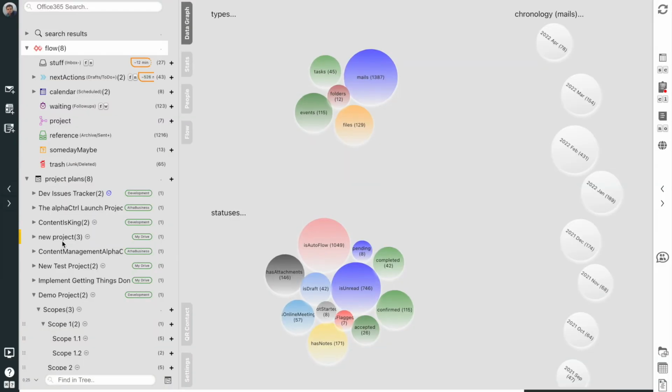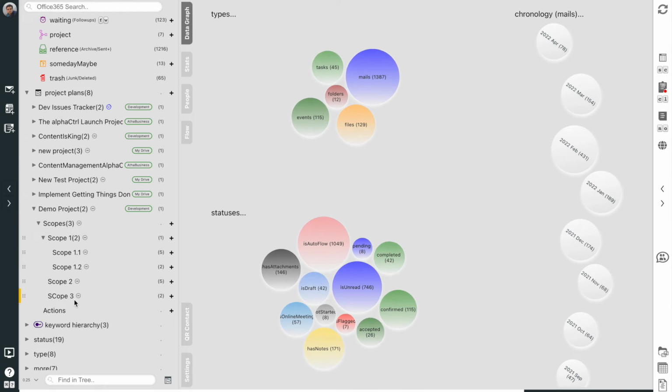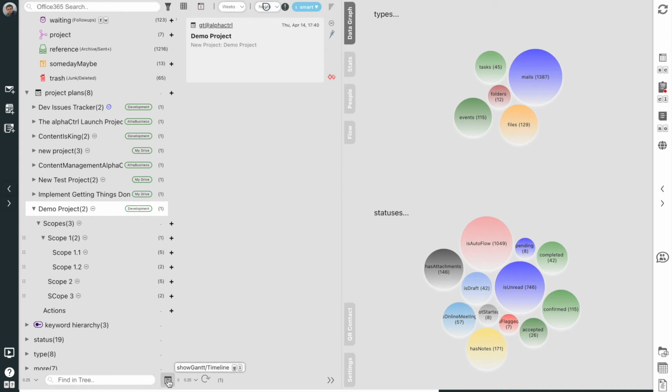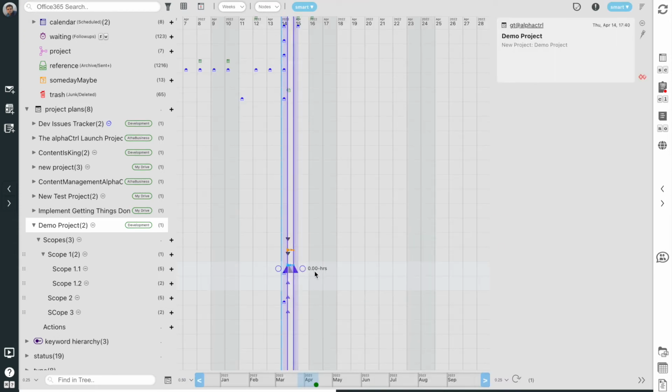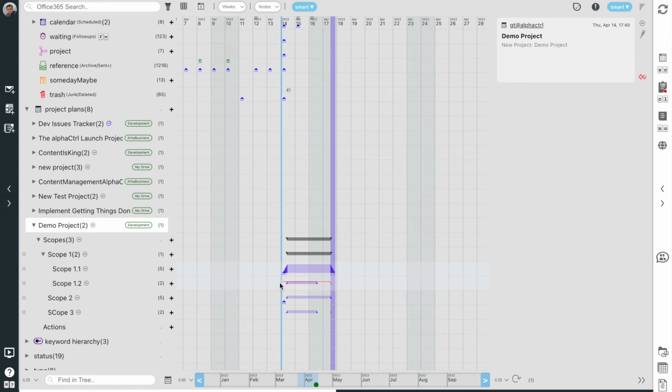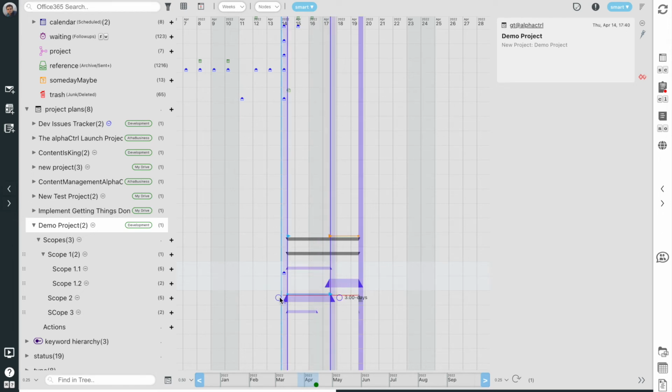The next step in the GTD process is reflect. But before we go there, you must be wondering, if this is a true project, where are the timelines? Well, here they are, hidden innocuously under the tree pane. Click to open again. Here I can create a project timeline by simply dragging and dropping. Alpha Control also enables auto-scheduling of scopes based on predecessor-successor logic, where one scope can only occur after another scope has been completed, like this.